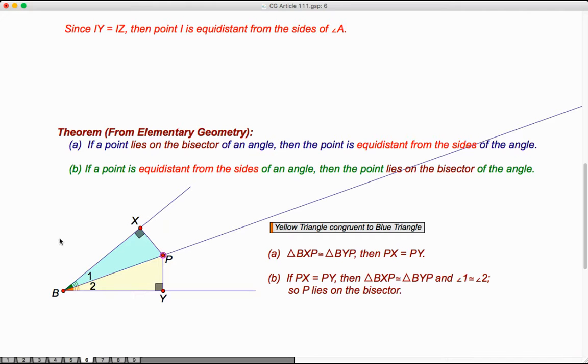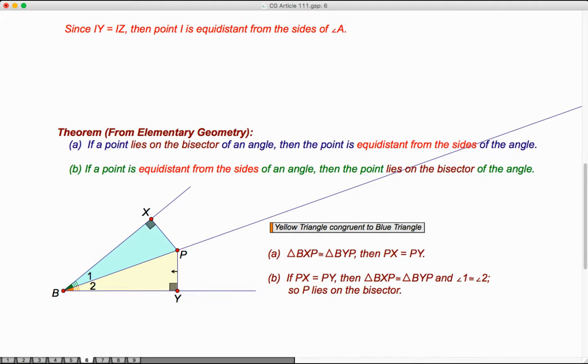That means angle 1 is congruent to angle 2. And I want to know the distances from P to X, and that's a perpendicular distance. The P to Y, those are the two perpendicular distances. What it says here is the fact that they are equidistant, meaning to say I need to show that PX is equal to PY. I don't think that's very difficult because angle 1 is congruent to angle 2 because the angle is bisected, and BP is congruent to itself, and this has to be right and this has to be right, and therefore by